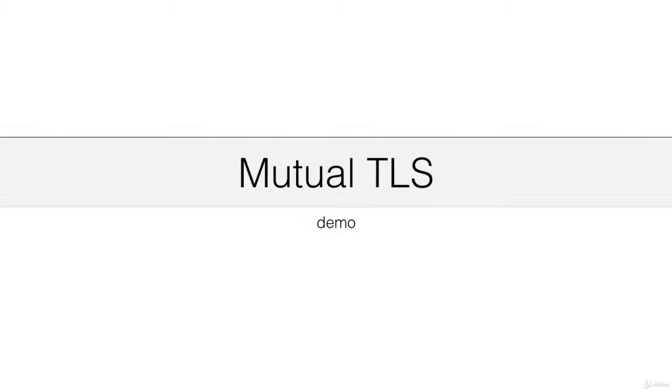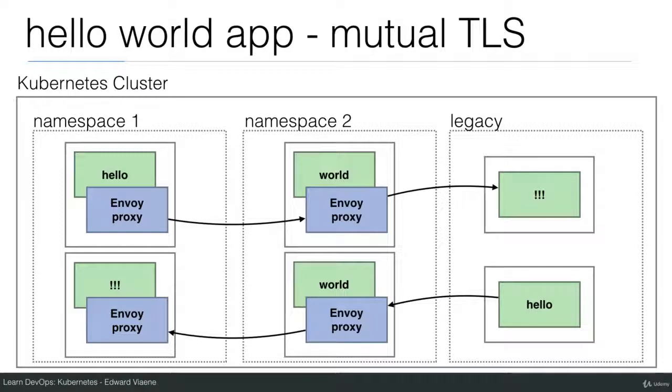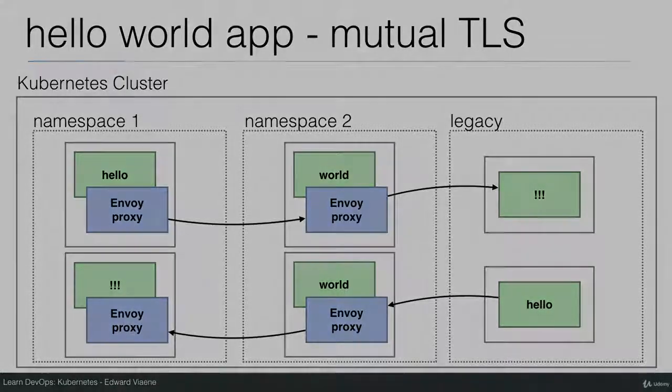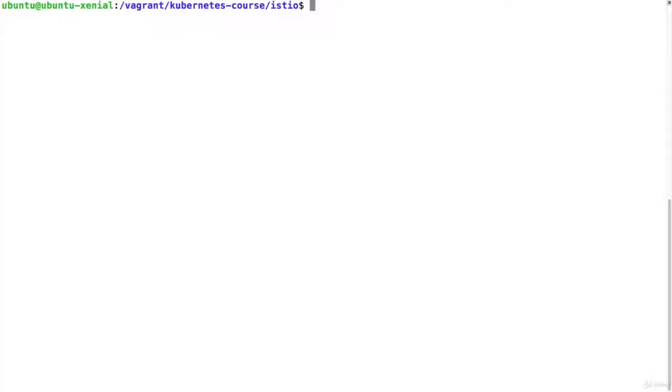In this demo, I will activate Mutual TLS on our Kubernetes cluster. These are all the pods that I'm going to run. Namespace 1 and namespace 2 will be Istio enabled, and the legacy namespace will not be Istio enabled. So let's get started. I'm in my Istio directory, and the first hello world that I have created is the